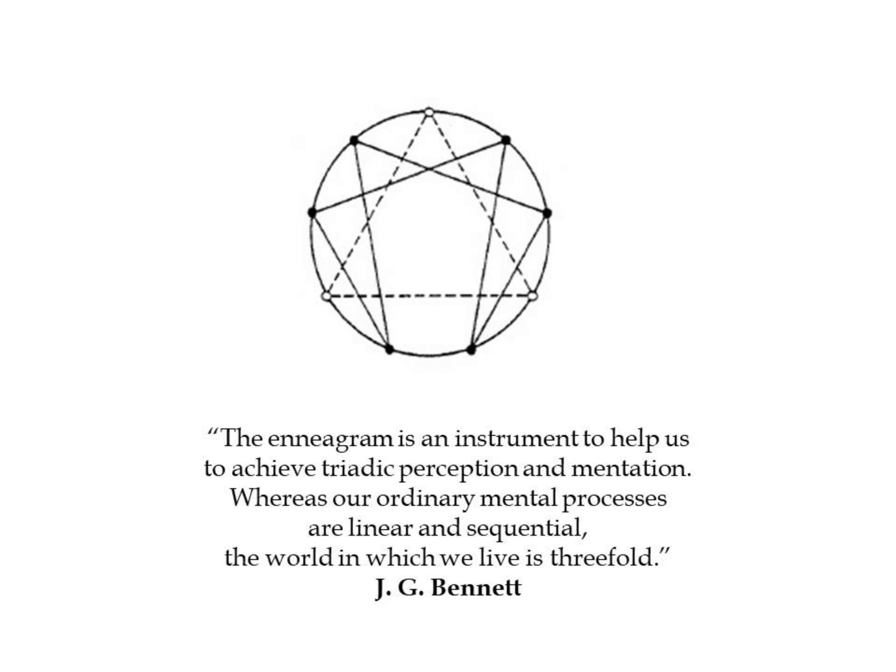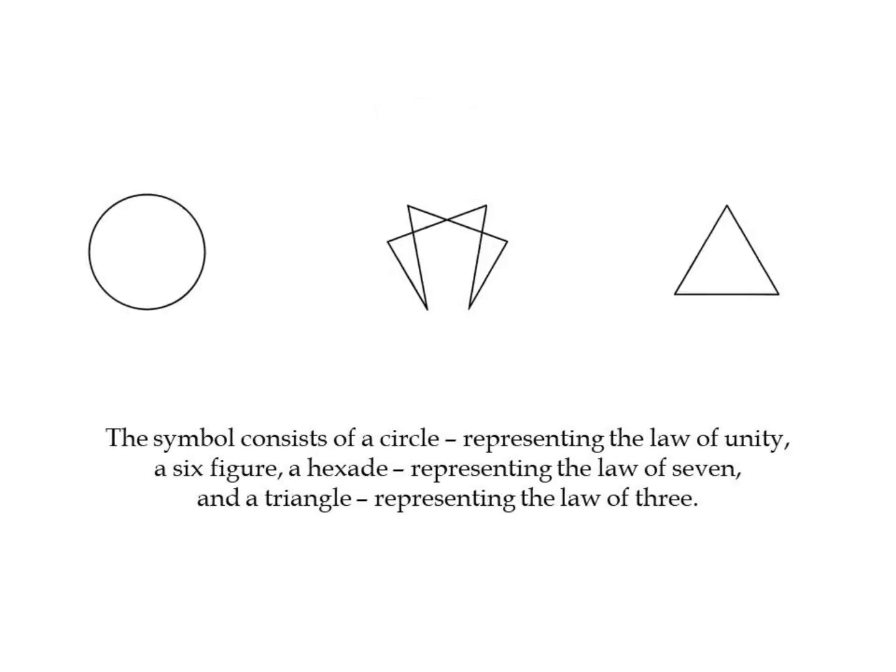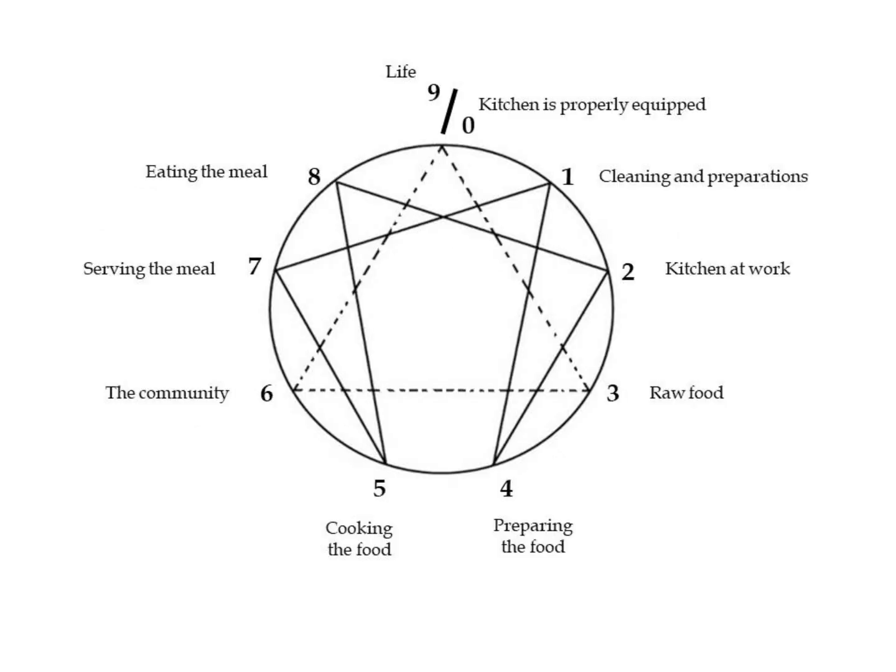In this video we'll see details about the circle, that means the temporal stages, and the hexade, that will be the inner connections between the different stages of the process, and the triangle with the external shocks. This is a classical example from the works of Bennett, and it concerns the functioning of a kitchen. Historically speaking, this is also one of the first examples of using the Enneagram in order to illustrate